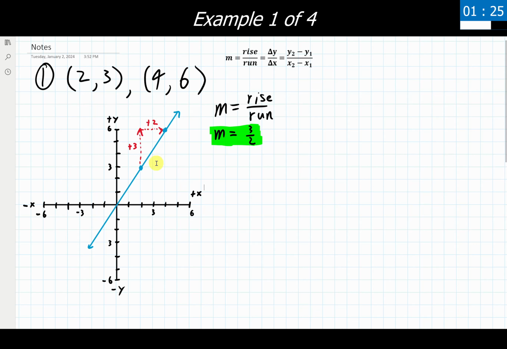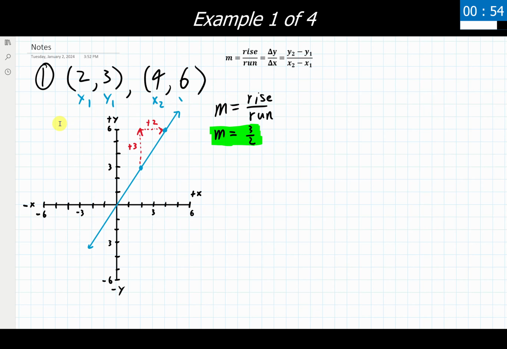I want to go through and also show how we can do this algebraically. So as per our process, we have our 2 points. We need to label one of these as x1, y1, and the other point as x2, y2. Does not matter which one is which. We just pick one, label it, and then commit to it. So I am going to choose this first one here to be x1, y1, second one to be x2, y2. I'm doing that pretty arbitrarily. There's nothing special about these points or doing it in this order, so you can reverse it if you'd like.